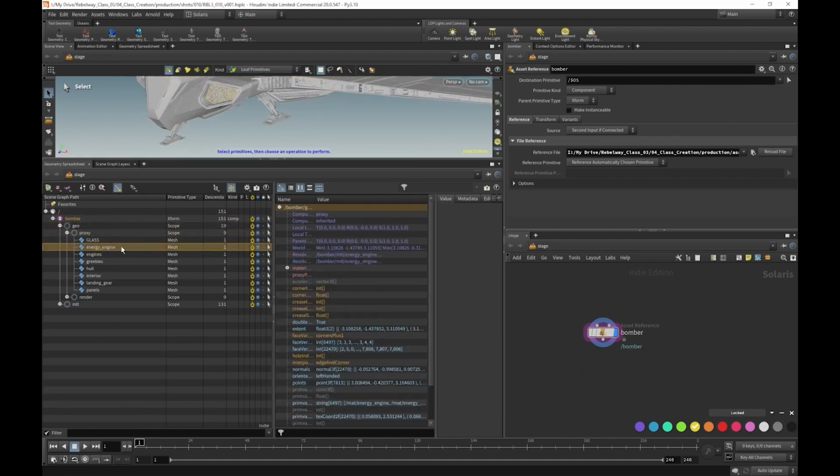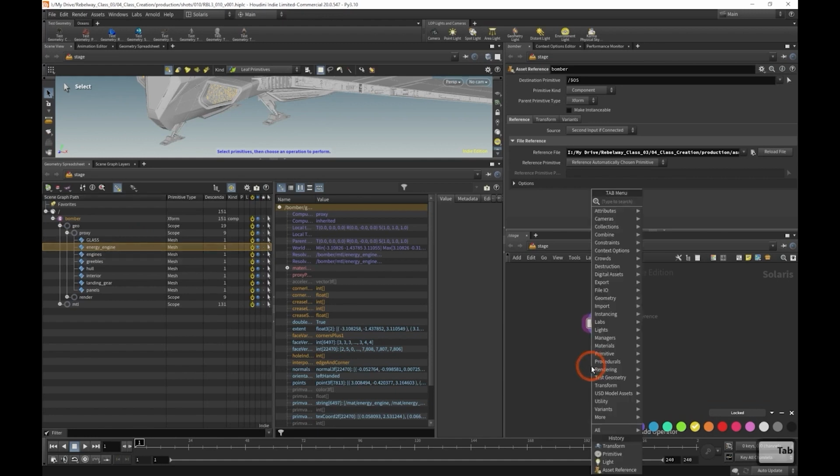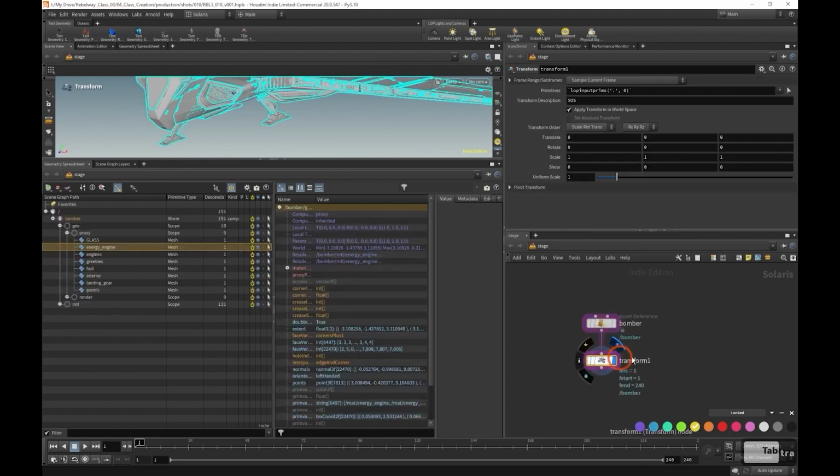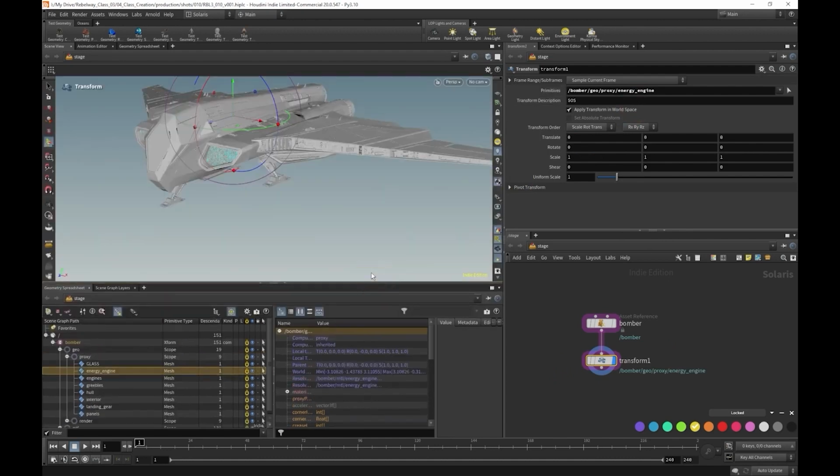So let's go ahead and see a quick example of how namespaces are used. So we can make a transform node in here and just connect that. We'll go ahead and take a look at it. And in order to select our energy engine, we can drag and drop the primitive into this primitives tab. This tells our transform node what we should be moving. If I give ourselves a little bit of room here, we can see we can now start moving around the